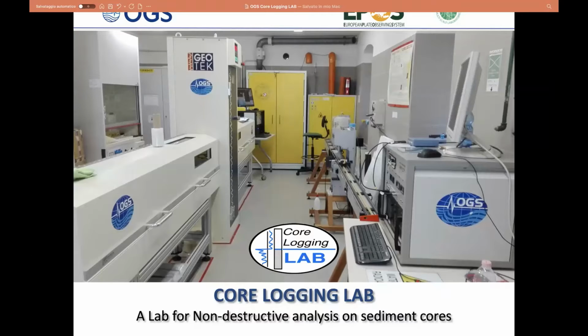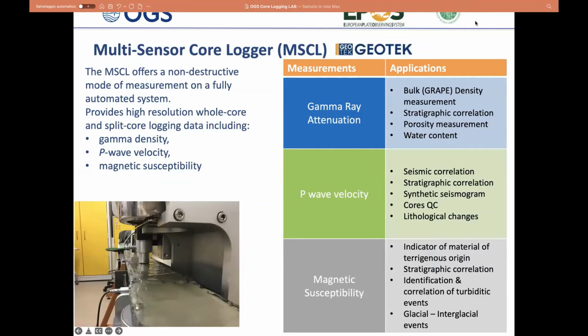In this talk, I will just introduce you to the Core Logging Lab facilities and the data that we can acquire in this lab, without going into much detail. And then I will show you a case study, where we applied the results coming out from this lab. So basically, this lab is joint